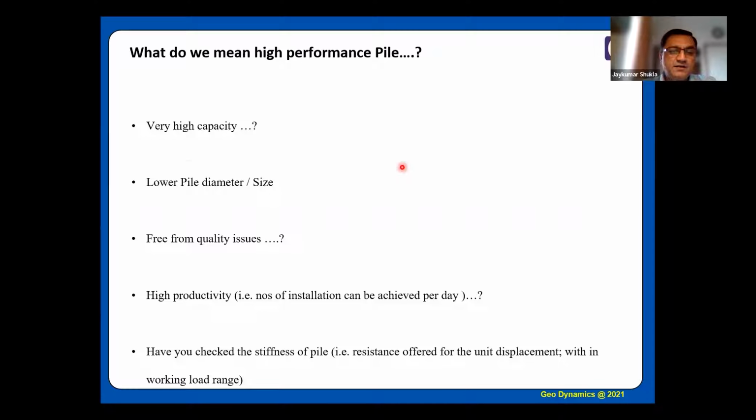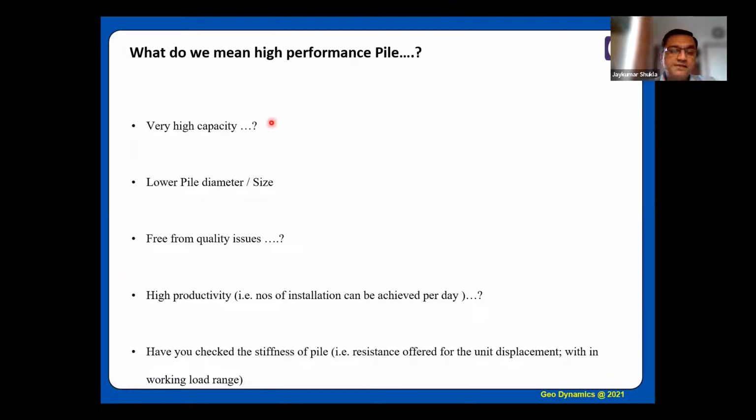Does it mean that the pile is supposed to have a very high capacity? Because this capacity, or resistance, is directly related to the pile diameter and the length of the pile and the mechanism by which you mobilize the resistance. And we all know that if the pile does not have end bearing resistance, it would probably be considered a classical friction pile.